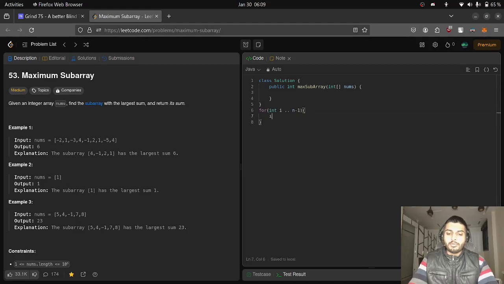Then we'll have one loop for int j to n minus 1. Then we'll have one more to calculate the sum. So this would result in n cube complexity, but we can decrease it by,